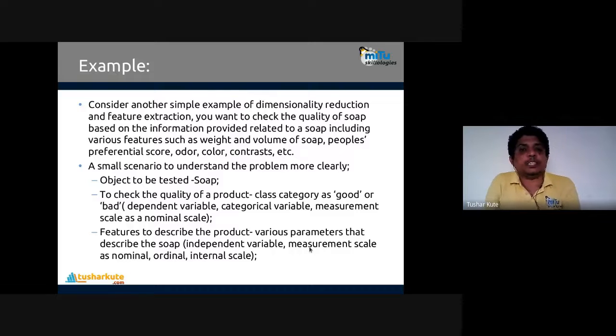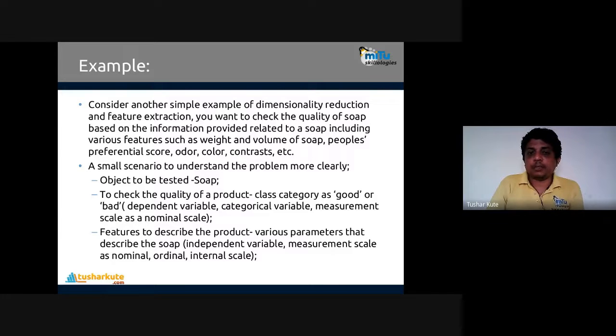So consider another simple example, of dimensional reduction, to check the quality of soap based on the information provided related to soap, including various features such as weight, volume of soap, preferential score, odor, color, contrast, all of which we will be using. To check whether the quality of the product is good or bad, the output variable is good or bad, so binary classification is done.